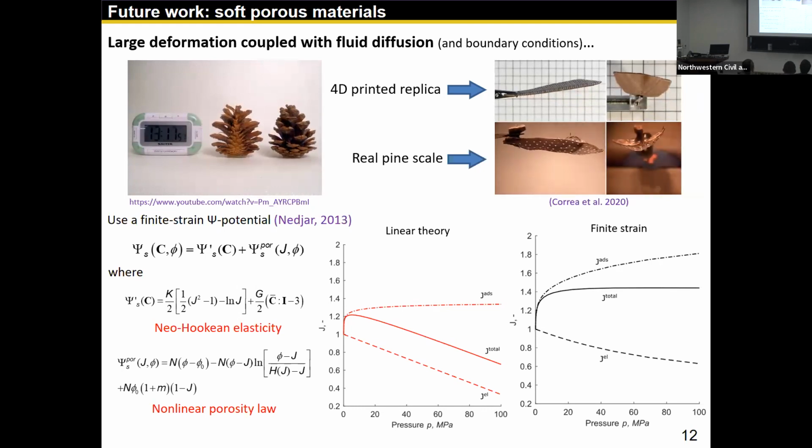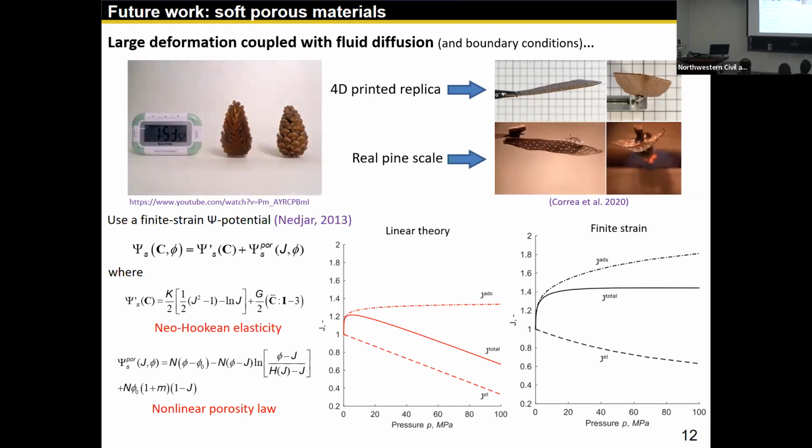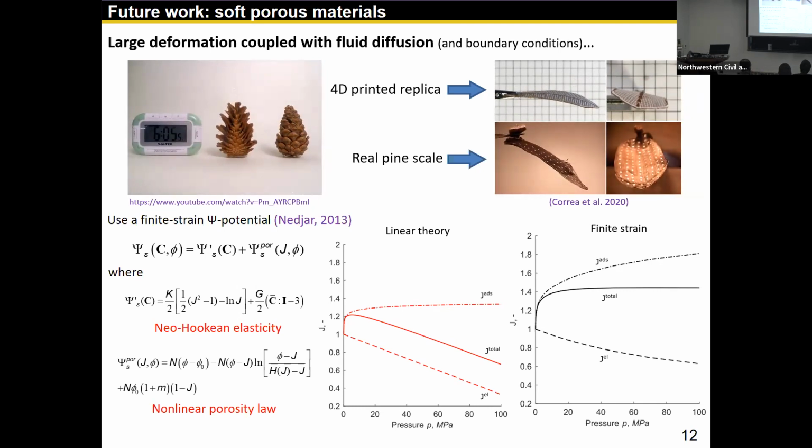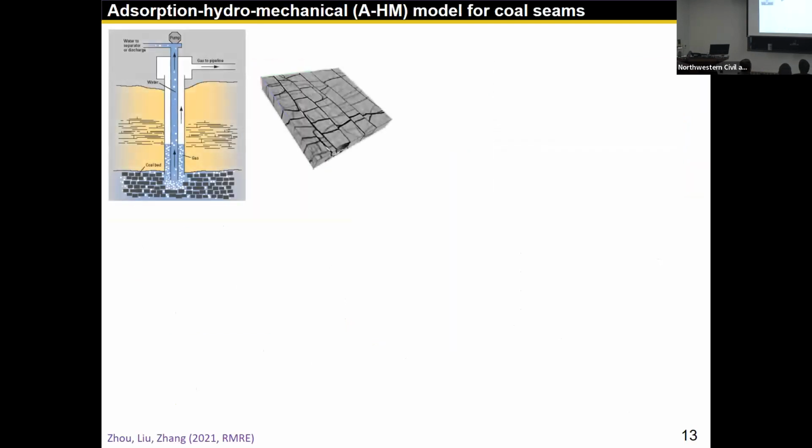Of course, to fully model this process, we need much more than a constitutive law, right? We need to solve the coupled diffusion and finite deformation equations, and we need to put in the right boundary conditions, and so on. So that's future work. That's something we're currently tackling. But at least we can start to apply the small strain version of the model in a boundary value problem setting.